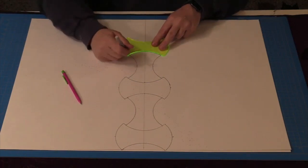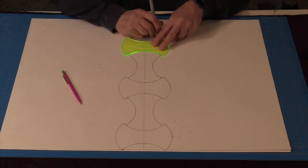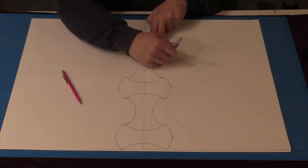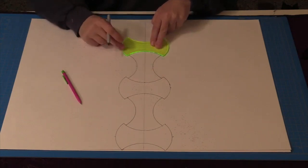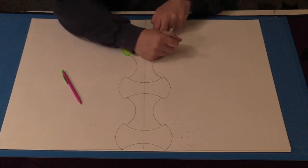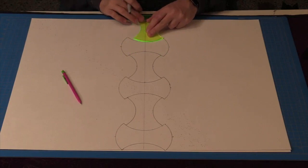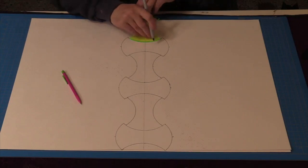Okay, now I'm going to continue all the way down. Boom, slide. And I want to make sure to keep your marking tool up against the actual template or the ruler. That way you're not going to be getting any distortion. Okay, and again, out here, especially on these sides, I'm going to give myself those little ticks, because once we finish this row, as we work our way down,